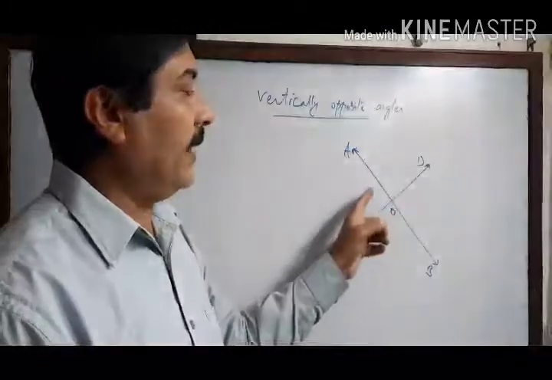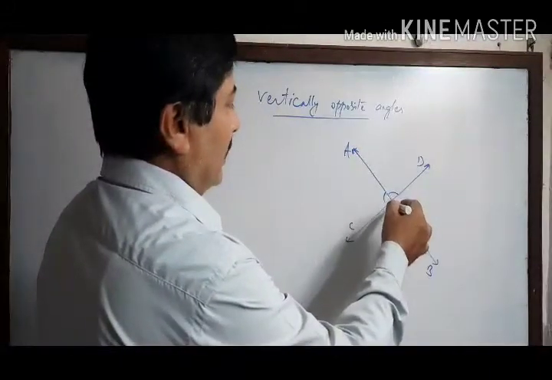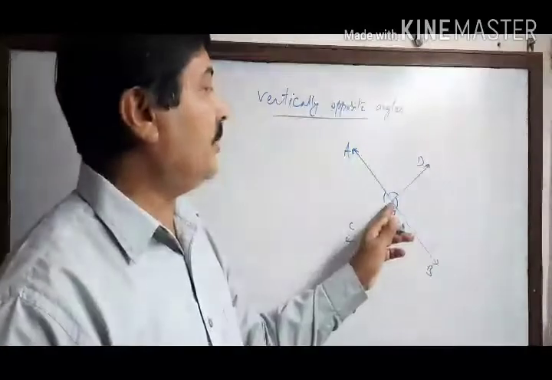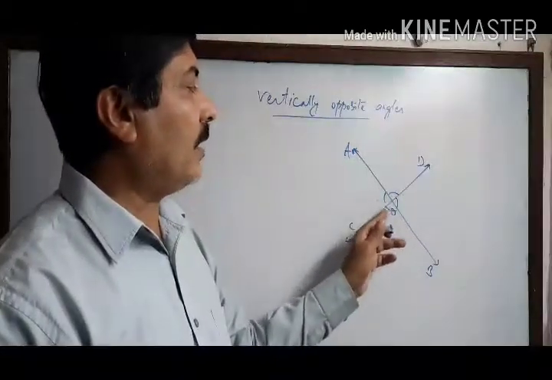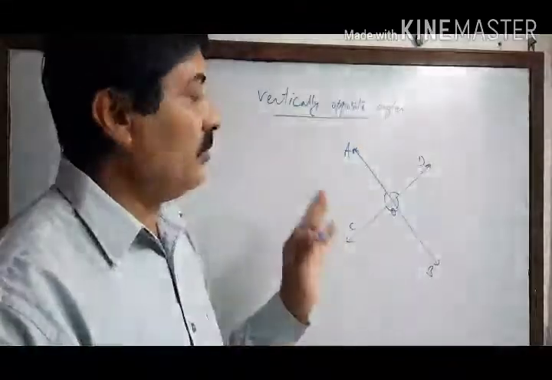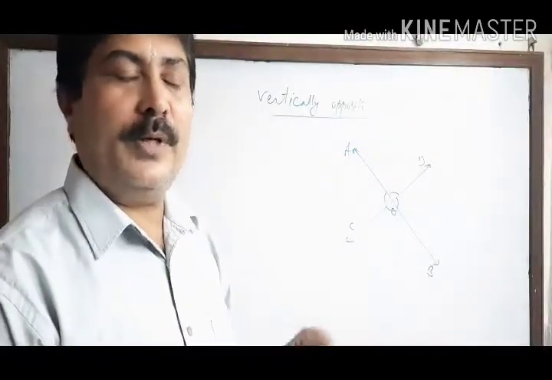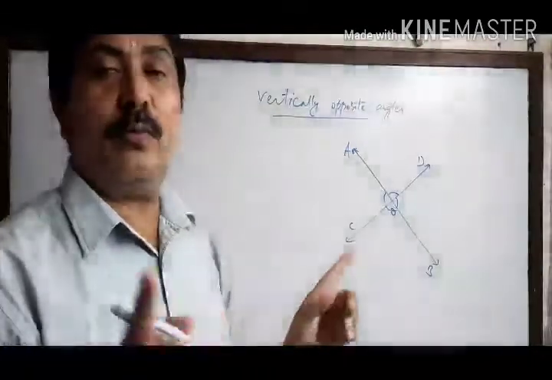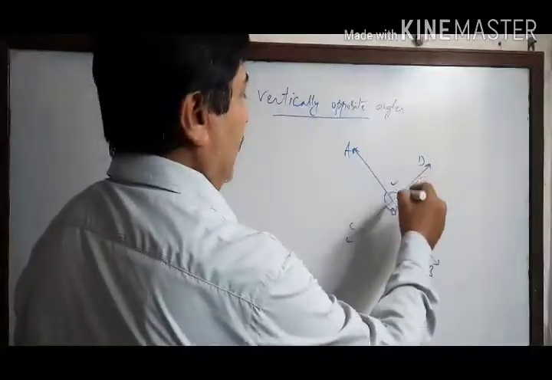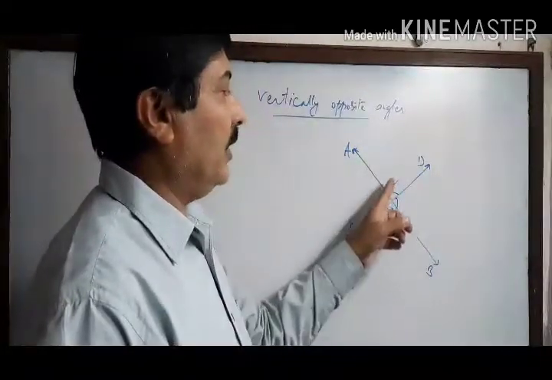So have a look at the angles. How many angles are formed here? This angle, this side, this one, this one. 4 angles around this point O. 4 angles are formed with these two intersecting lines. Now you have to take a pair of such two angles whose arms are forming two pairs of opposite rays. You see here, if I take this upper angle and this lower angle, these two angles,